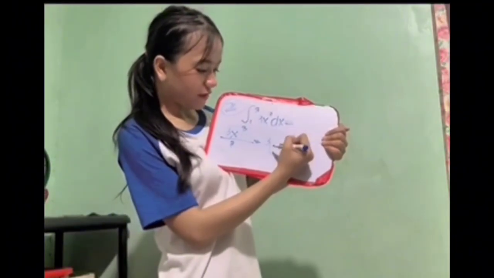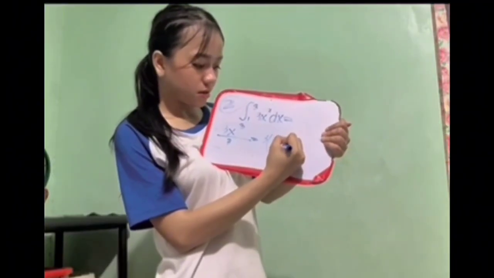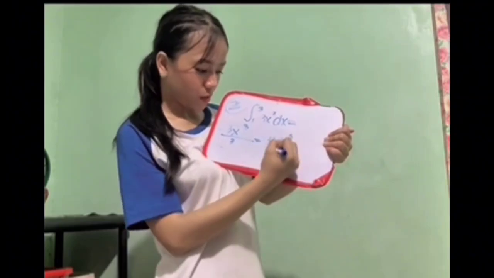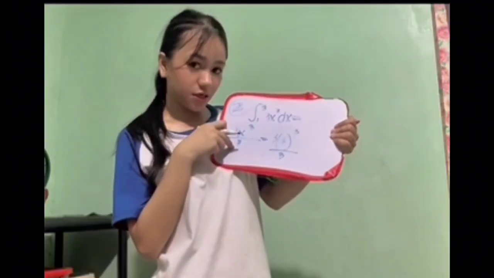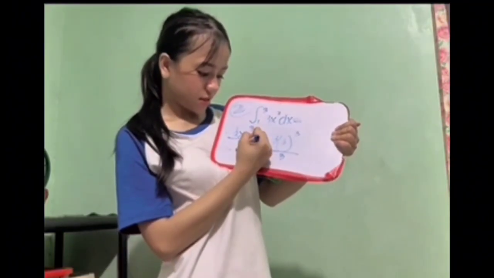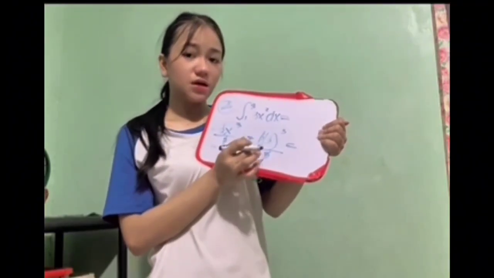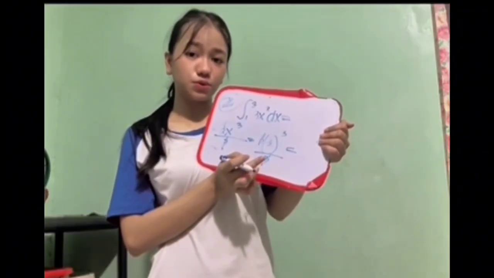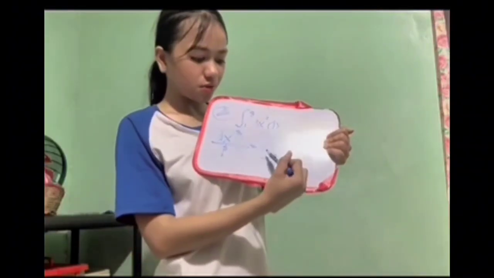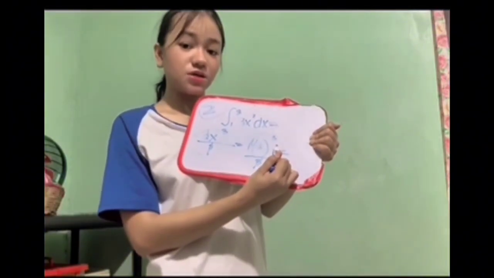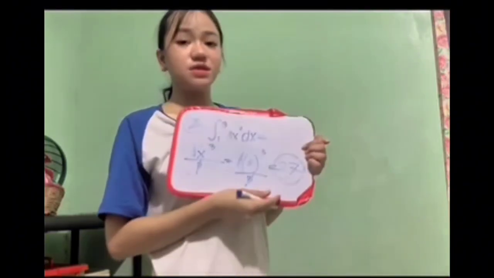The first thing we will use is the upper limit, which is 3. So, 3 times 3 raised to 3 over 3. As you can see, we have like terms here, so we cancel the 3 here since they are like terms. So it will become 3 raised to 3. So, 3 raised to 3 is equal to 27. And this is the final answer.